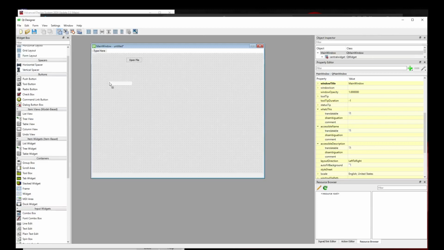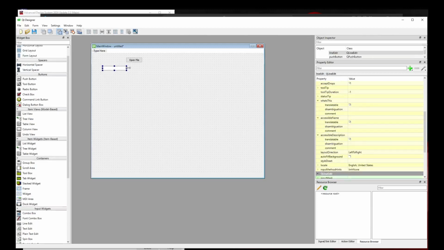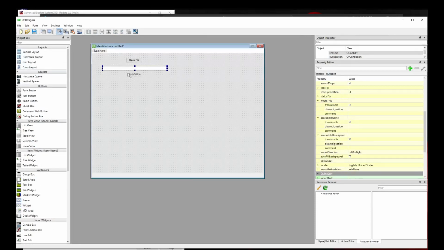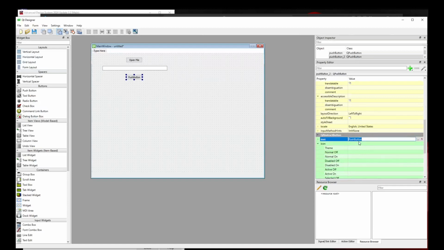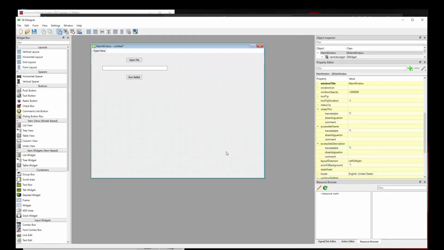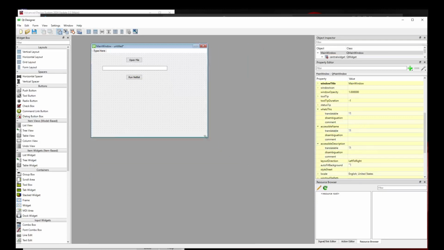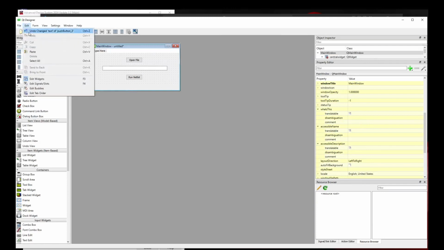Then we can add a line edit, and the last push button, allowing us to run the netlist. When it's done, we can finally resize the window as needed, and we can save the file